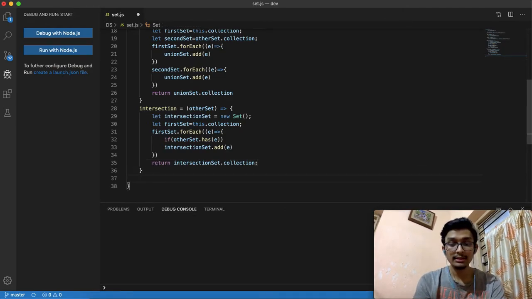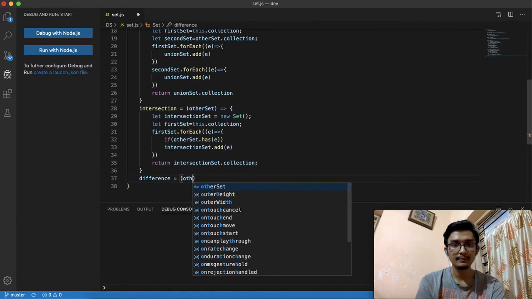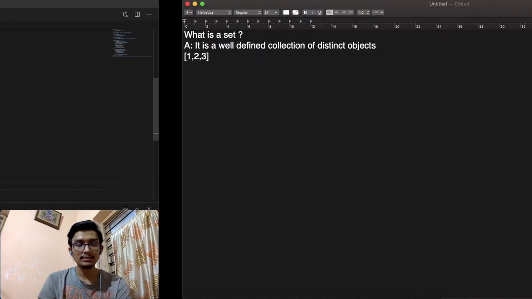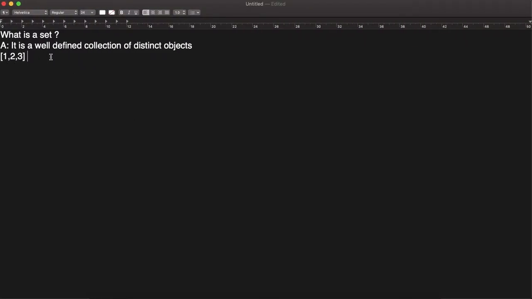Third functionality is the difference set. Okay. So what is the difference set? Now for example, let's say there is a set 1, 2, 3, and there is another set which is 3, 4, 5. Okay.